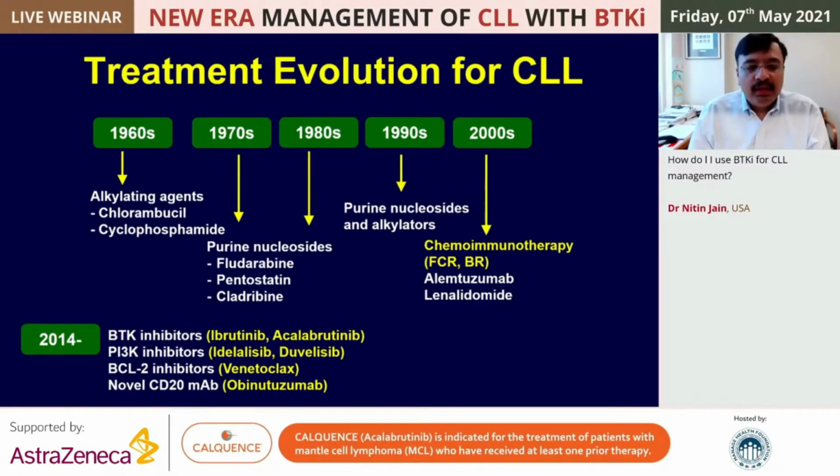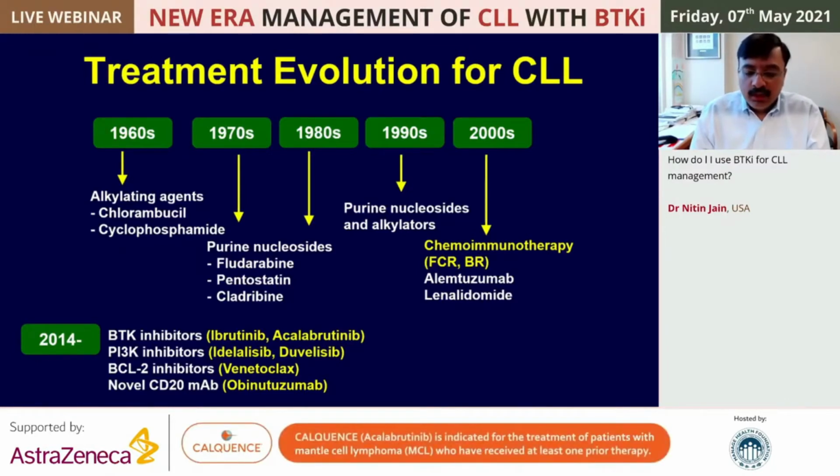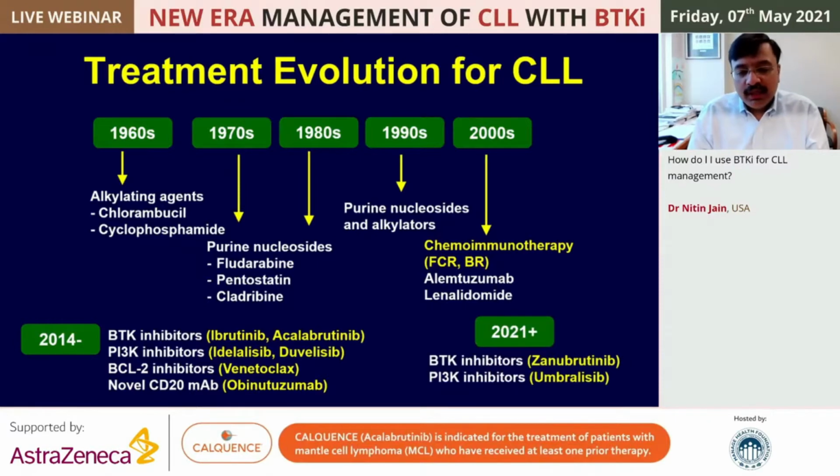Up until recently, in the last 5-6 years, now we have several BTK inhibitors, at least 2 of them approved for CLL, Ibrutinib and Acalabrutinib, and we'll talk about those. PI3 kinase inhibitors, BCL2 inhibitor venetoclax, and also obinutuzumab, which is a novel CD20 antibody. And there is another BTK inhibitor, Zanubrutinib, coming along. We'll briefly talk about that as well. And then other PI3 kinase inhibitors, such as umbralisib, is also coming along, should likely be FDA approved this year